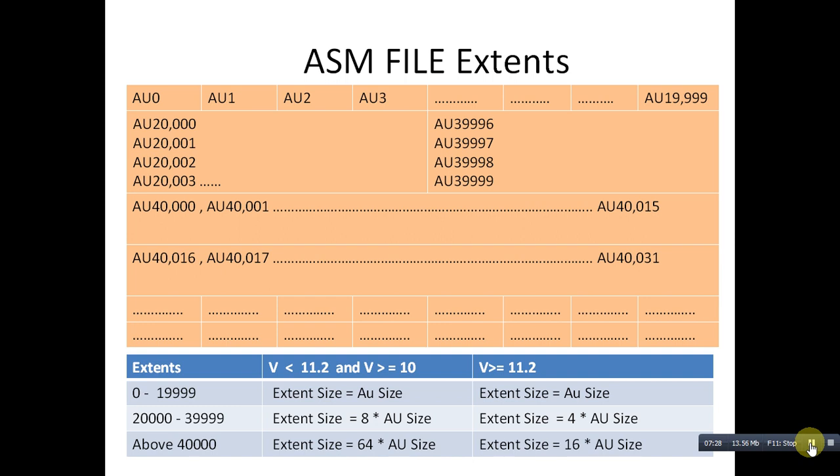In version 10g, the extent size is always equal to the allocation unit size. From version 11.1, we have a variable size extent, where the extent size grows at a fixed extent